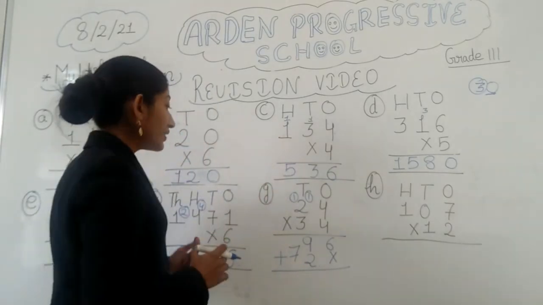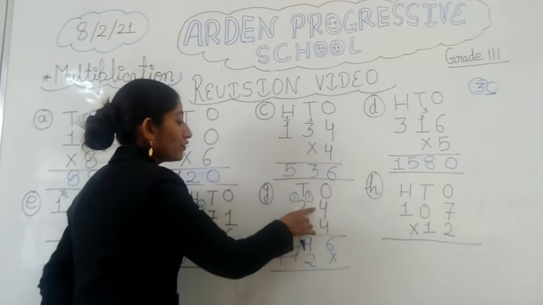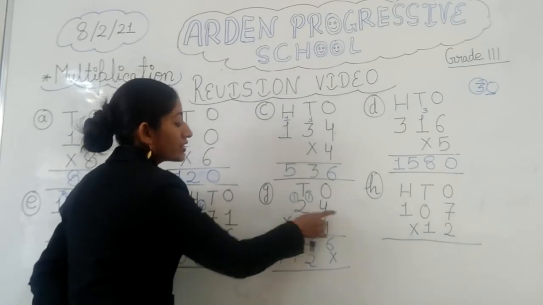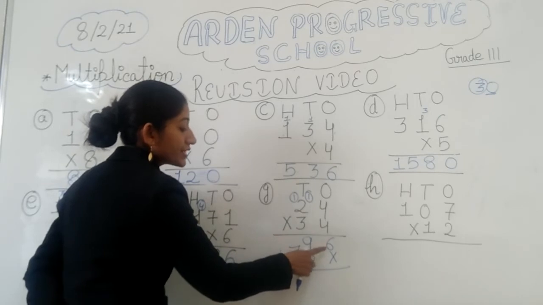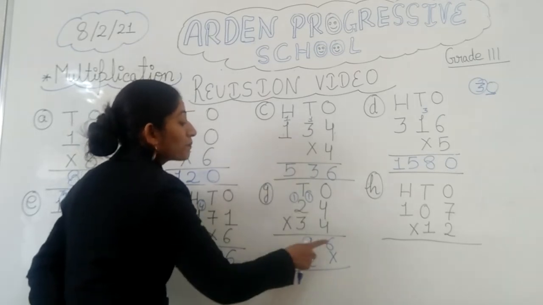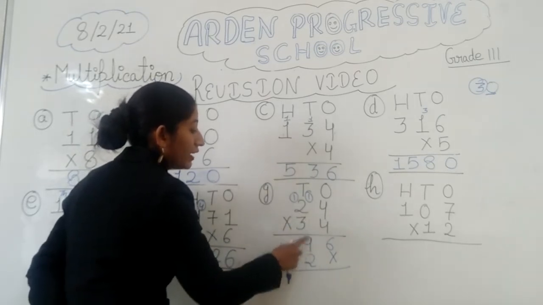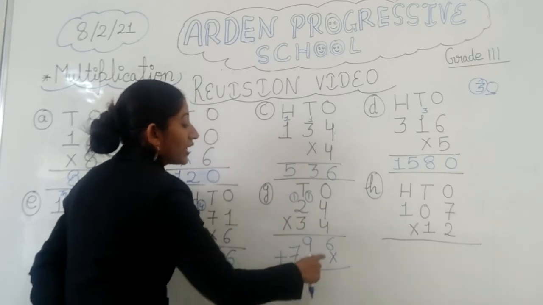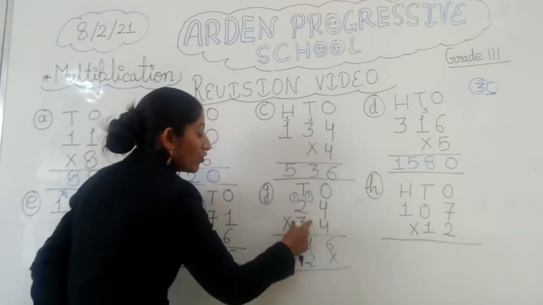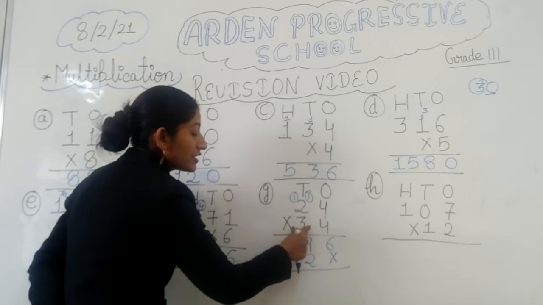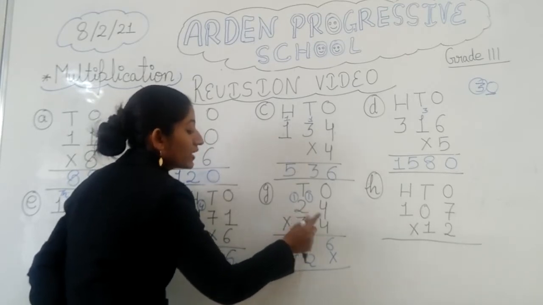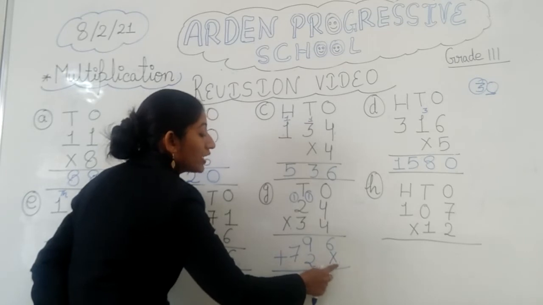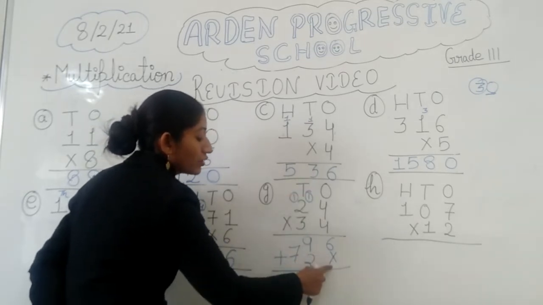Again see what I have done here. This is 4, this is 4. First we have to do multiplication as we usually do. 4 into 4 is 16, 16 plus... 6 here and 1 is carry. Then 4 2s are 8 and plus 1 is 9. Now we are going to solve for the second digit, so I told you when we are solving for the second digit, for the tens place, then we have to put a cross in the ones place. So here I have written a cross.